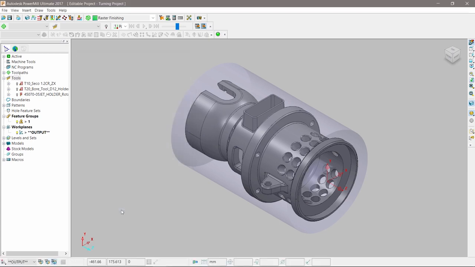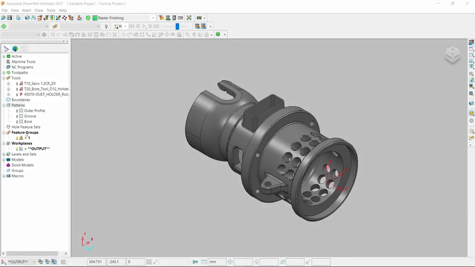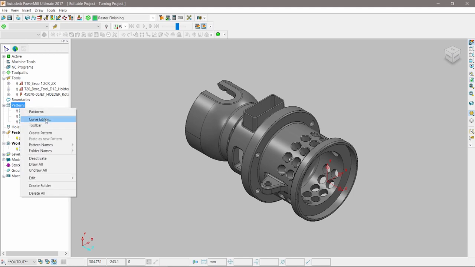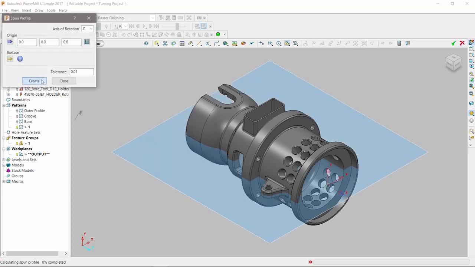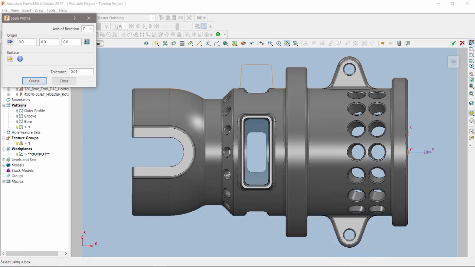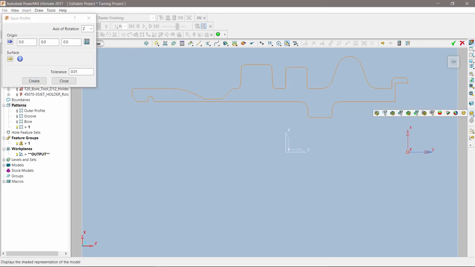Once done, we use a new curve creation tool to create a spun profile. To access this, simply create a new pattern and open the curve editor menu. The spun profile icon is available from the top toolbar. A preview plane helps identify which axes to use from the curve creation. PowerMill generates a profile that accurately represents the volume that would be formed if the part was rotated around the